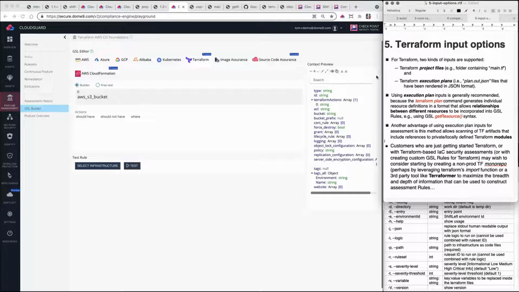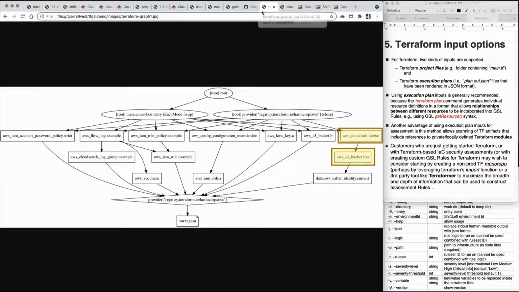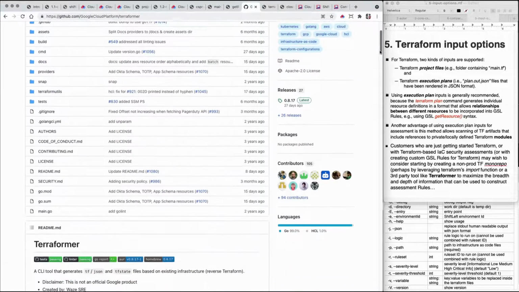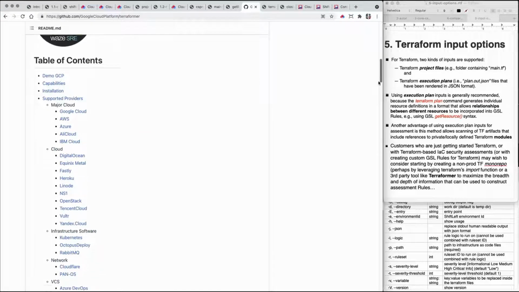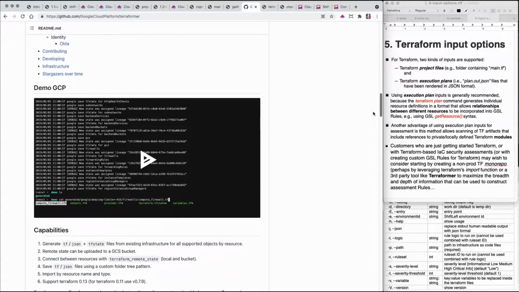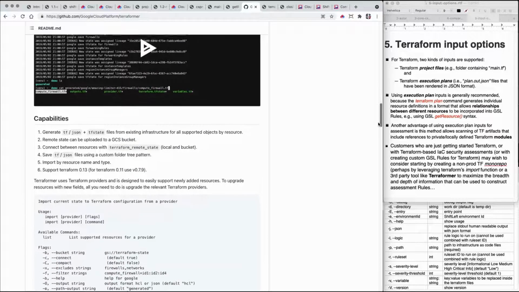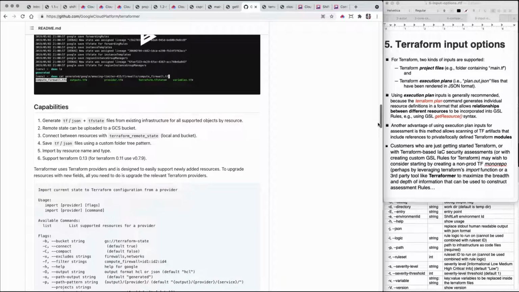An alternative option would be to leverage a tool that has been made publicly available by Google called Terraformer. This is largely designed to make it very easy to generate mono repo style configuration templates, including in Terraform,